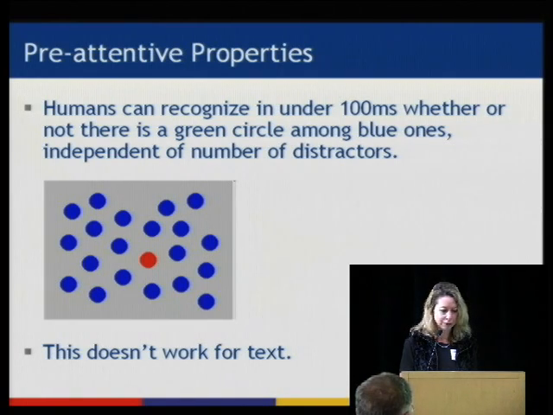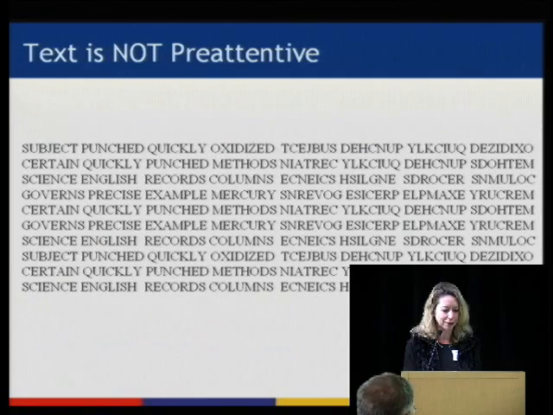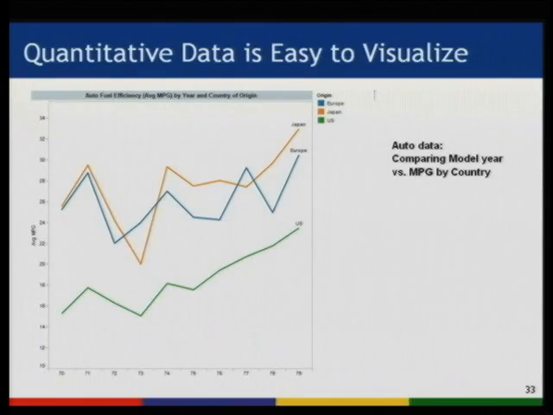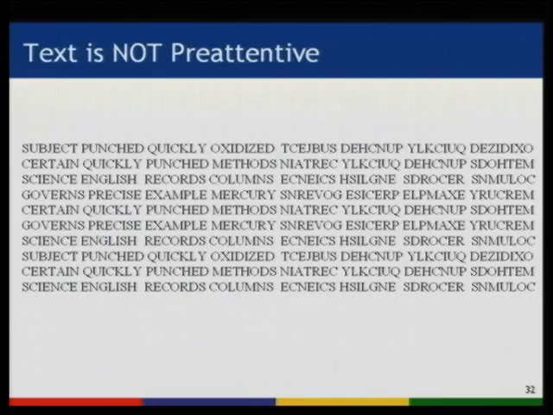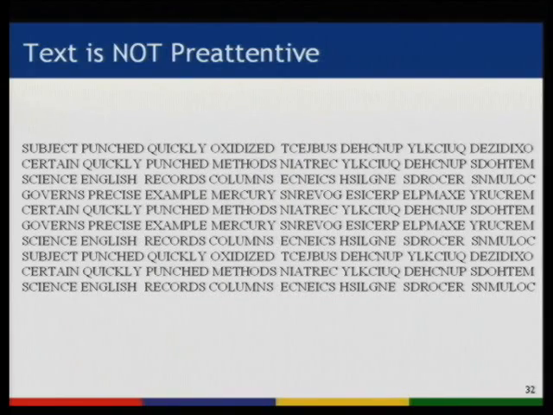But text is not pre-attentive, so I'm going to flash something up, and you tell me what's interesting about this text. Can you tell me? I gave you more than 100 milliseconds. Okay, you couldn't. Now, I'm cheating a little by using all caps, but now if I leave it up longer, can people see the pattern? Mirrored? Yeah, the first half is written kind of forwards, and the second half are the same letters written reversed. If text were pre-attentive, that would just jump out at you, but it's not. You really have to foveate on it and read it. And so anytime something is text, you're not going to be able to have that at-a-glance effect that you get with visual search.